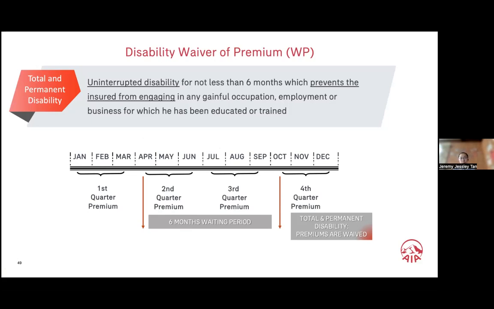Disability waiver of premium. When we say waive na yung premiums mo fourth quarter, tuloy-tuloy na yun, even the succeeding premiums ma-waive na. Okay? So let's say nangyari, after a year, bumalik. Medyo naka-recover ka ng konti. Maybe hindi ka totally recovered pero somehow you are able to use already yung na-injure. Waive na rin yung premiums mo doon. You don't have to file it, kasi tapos na yung waiting period. 6 months waiting period. Tapos na. Okay?